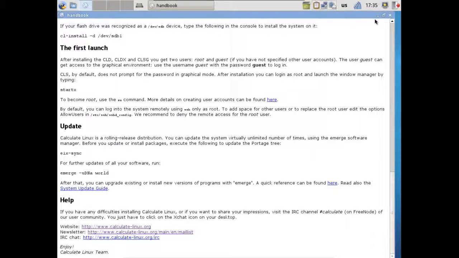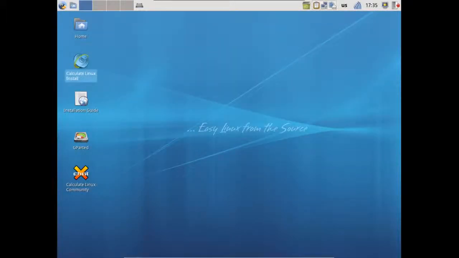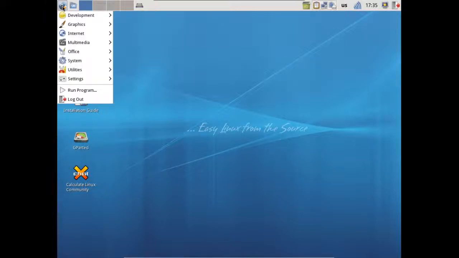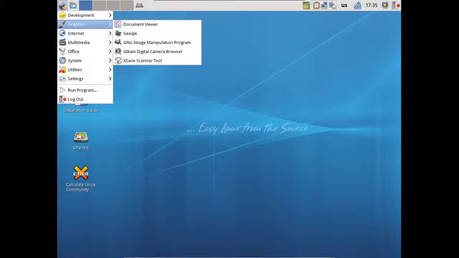So this is wonderful that they included this on the desktop. Let's have a brief look at some of the applications that you get with this. You get a few development tools, some graphics tools with the inclusion of the Evince Document Viewer, which will pretty much open up anything. You get that image viewer, the GIMP for editing, a GTKam digital camera browser, and then